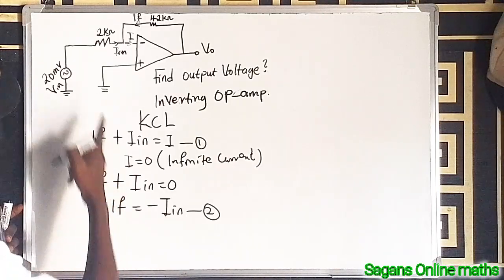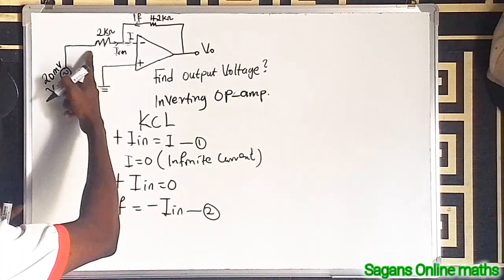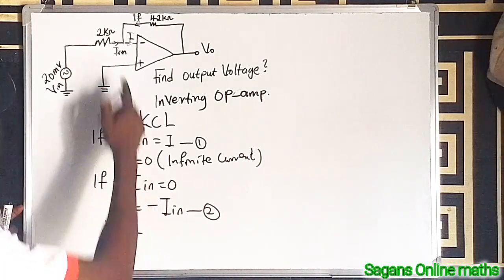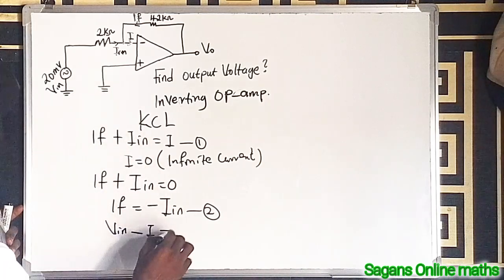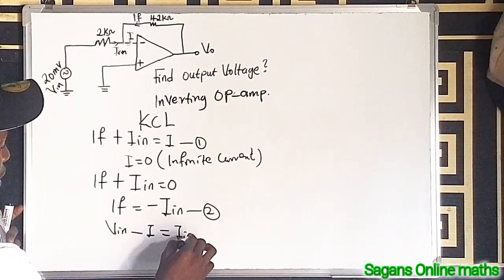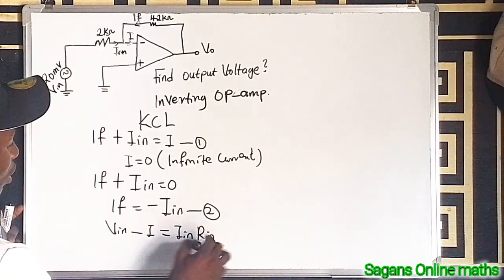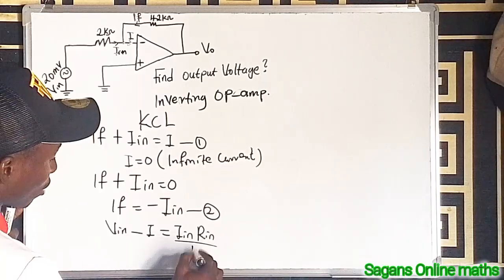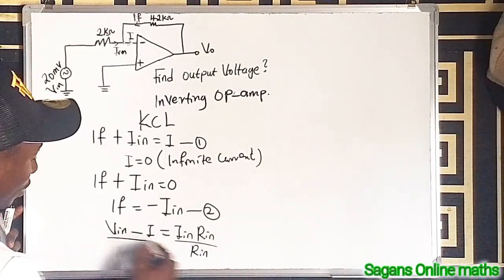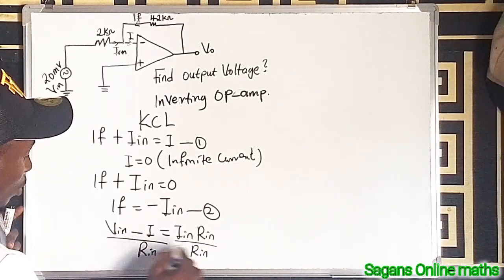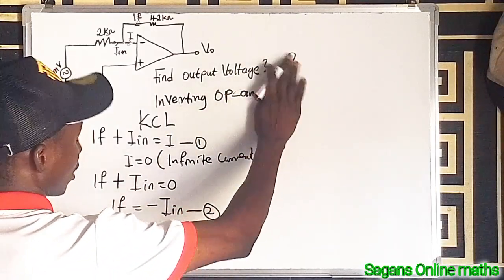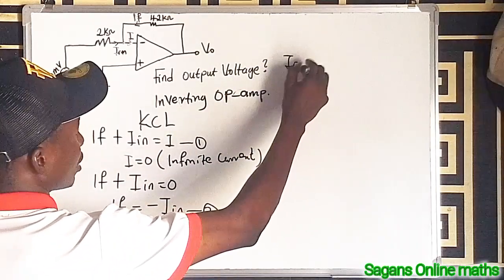So that means V in, let's find the current drop here. The current drop here will be V in minus I in multiplied by R in. R in is the input resistor. Now by dividing both sides by R in to make I in the subject, so that this cancels out this, you see that our I in is equal to